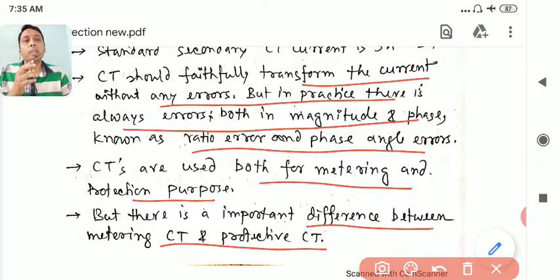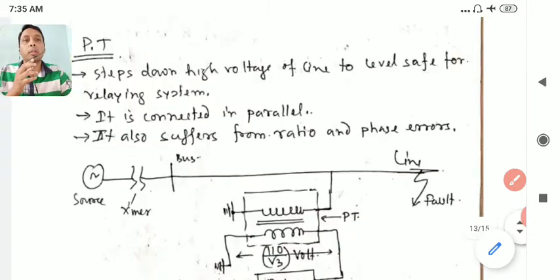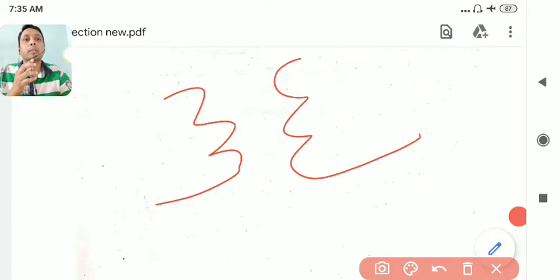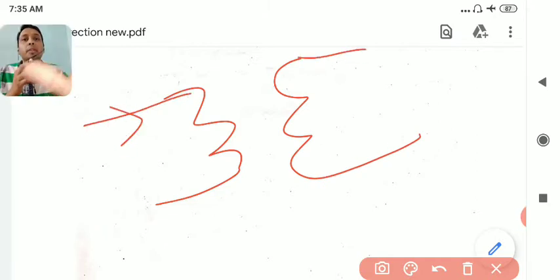Now, as you can recall, what is the difference between a CT and a normal transformer? In a normal transformer, let me draw it. Suppose I have a normal transformer. This is your primary, this is your secondary. If you connect some load here,